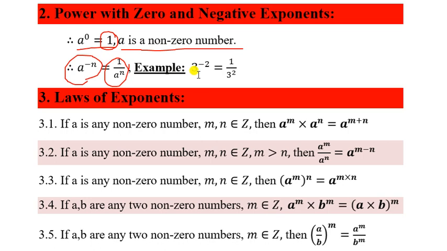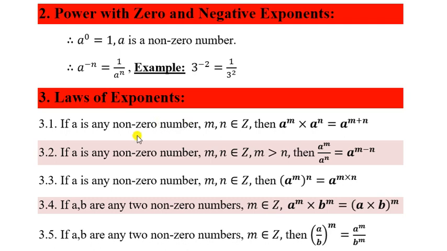In the same way, 3 to the power minus 2, if we convert it into positive exponential form, that means 1 by 3 to the power 2. It is given minus 2, but we have converted it into plus 2. So when we convert a negative exponent to a positive exponent, we have to write the reciprocal of that given number. Remember that. With the help of this, we can complete so many problems. Now we have to learn the basic laws for exponent.